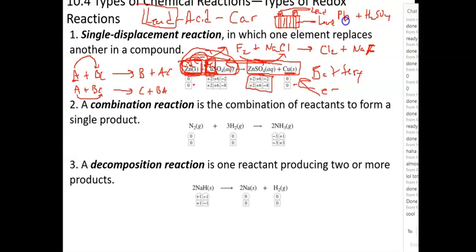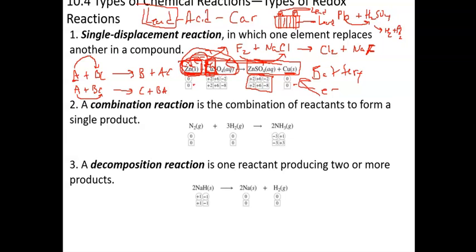Basically what happens is the lead replaces the hydrogen in the acid, and you form a little bit of hydrogen gas, and you form lead sulfate. Lead sulfate is a precipitate. It's not aqueous because it has lead. Oh, actually, it's a 2, so you don't have that. It's a white solid. If you ever look at the poles of your battery, you usually see all this white crusty stuff all over it. That is the lead sulfate